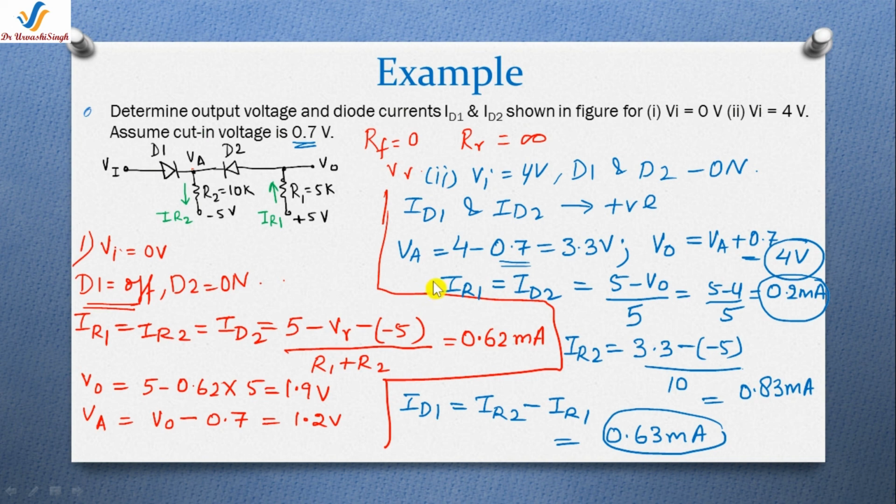And if you find any difficulty on any question, I am ready to solve it one by one. So this is all about the DC modeling of the diode in the forward and reverse biasing mode. In the next video, you will see the AC modeling, that is the small signal modeling of the diode.